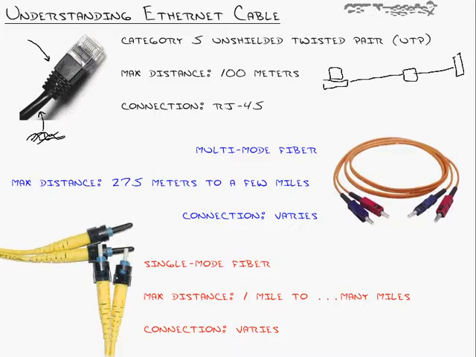Because the tighter the twists and the more twists there are, the better signal strength you're going to be able to get and the better and more resistant your cable is to interference. Now I do want to